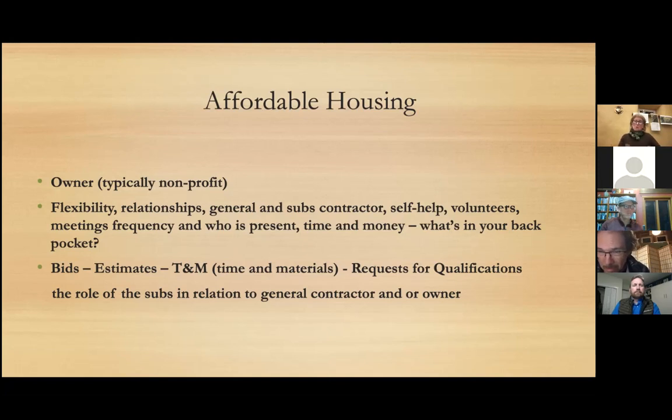Who are your people? Who has your back? And what do you have in your back pocket? What can you pull out? And know that ahead of time, because if you don't need it, that's fine. You don't have to call on it. But if you can plan for that and know that there are people that you can pull on, everybody on the job, whether they are volunteers or your subcontractors or whoever, will really, really appreciate that you've thought that through ahead of time